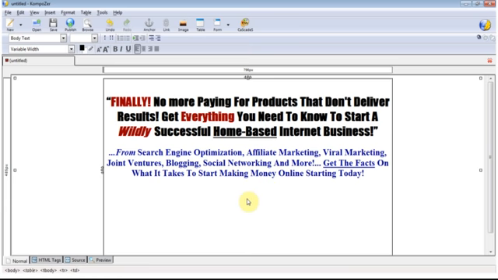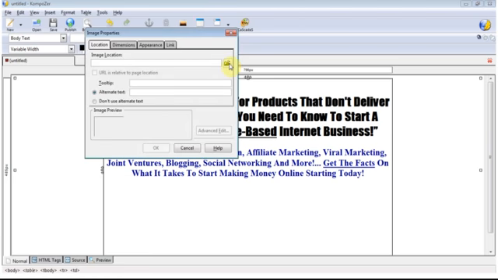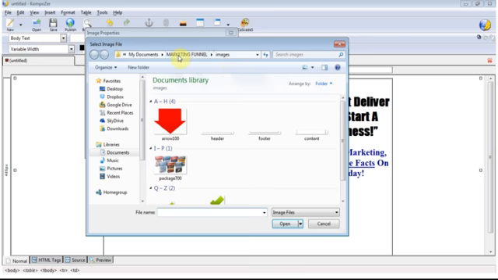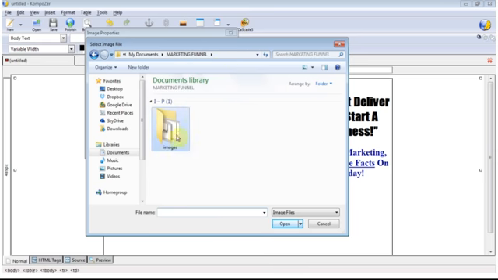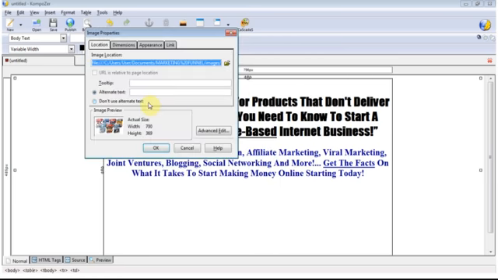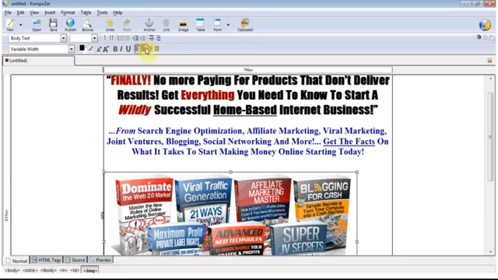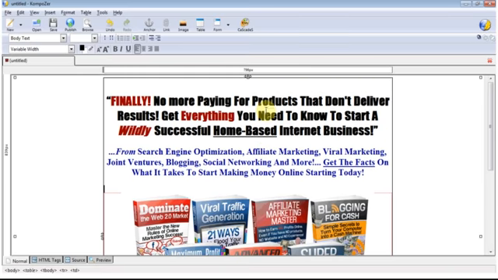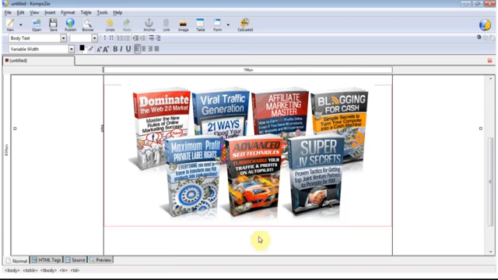And the next thing we want to do is add our product image. So all you do is click on image, click on this folder icon, and if you remember, we set up our folder and our images folder. Just simply go into the images folder and select your box graphics there. And we don't want to use alternate text. You can add alt text if you wish, for the purposes of SEO, but for this we'll just select don't use alt text, click OK, and then we'll just center that as well. Okay, so we've got our headline, we've got our product image, and then we'll just insert our